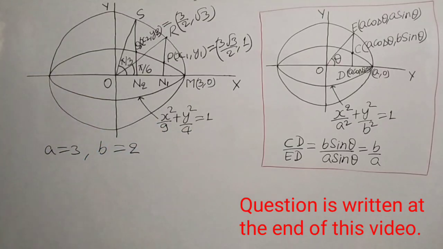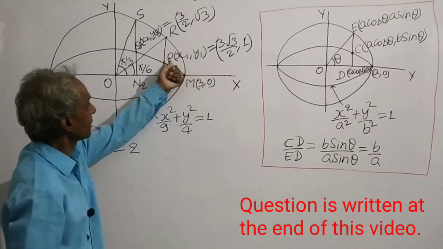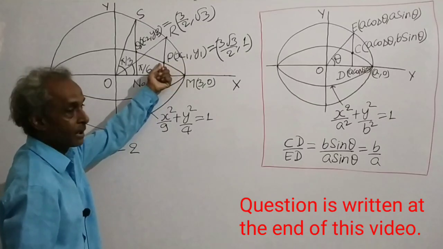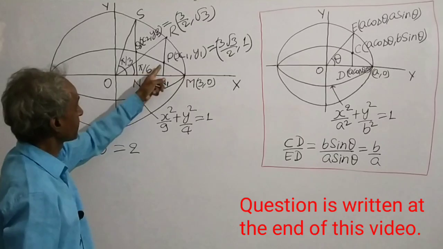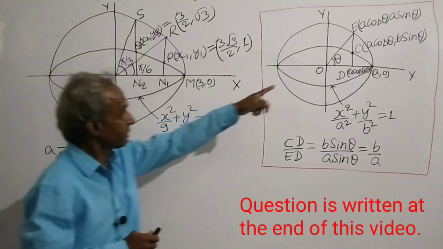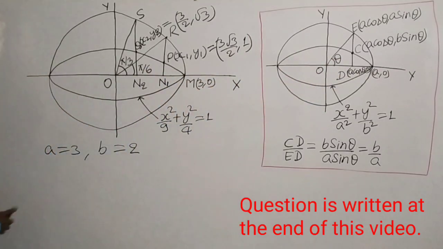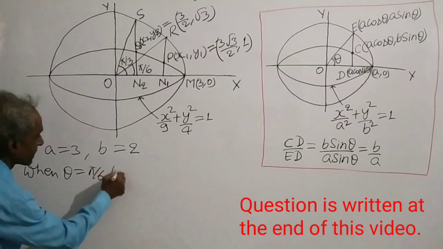That is why x1, y1 is the coordinate of point P, and P lies on this ellipse, and the eccentric angle of this point P is pi by 6. Therefore, when the value of theta is pi by 6, when theta is equal to pi by 6, then